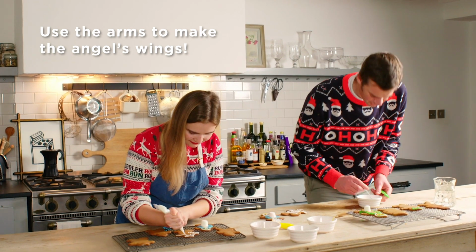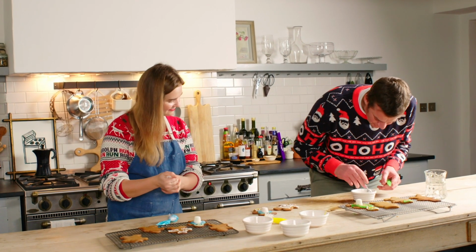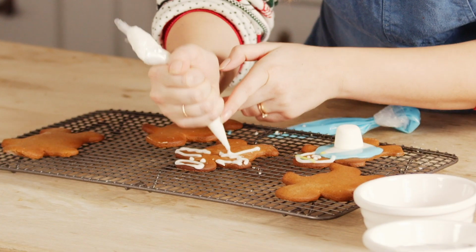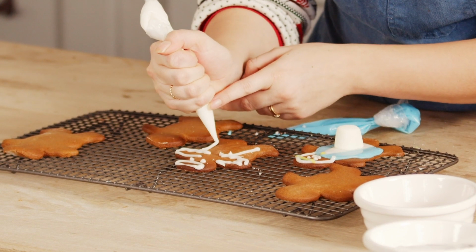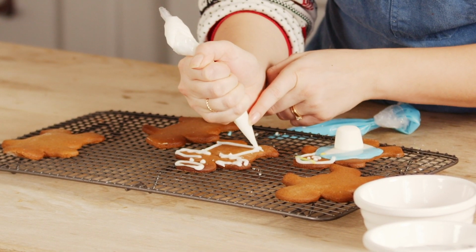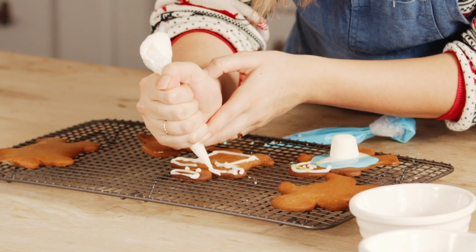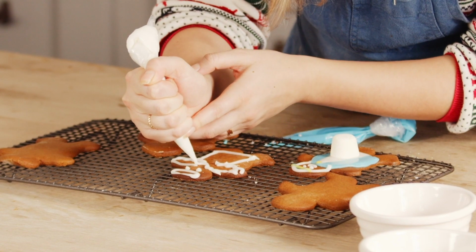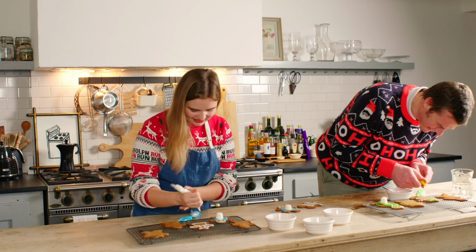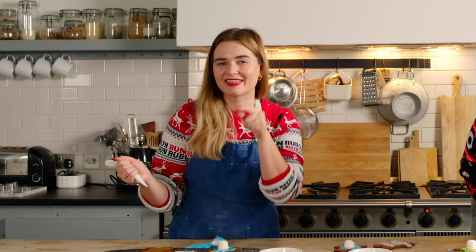Great. I'm gonna try and do that by dribbling icing. Go for it. To convince myself it's possible with a spoon. Okay? And then a little skirt, and they're going to be singing some Christmas tunes. Wonderful. This is the fun part. It really is, even when it's a mess. Absolutely. And sometimes they will look messy, sometimes they might not look accurate, but I promise that they will taste